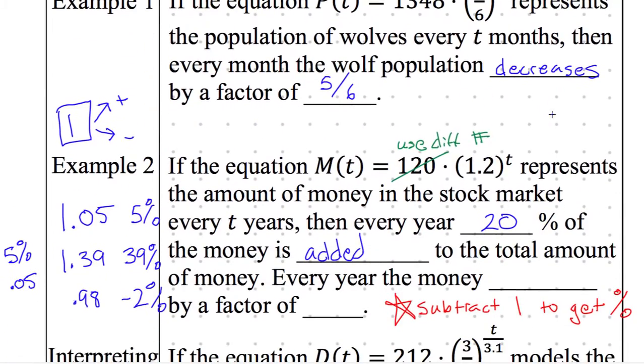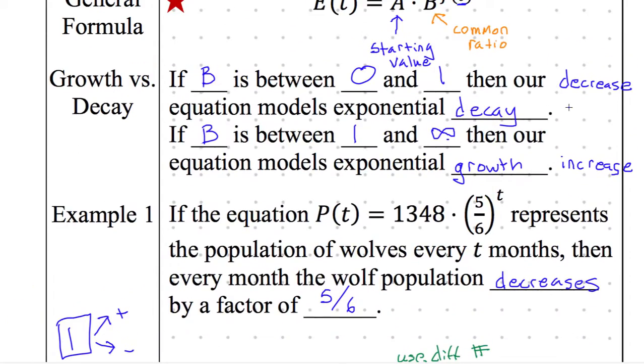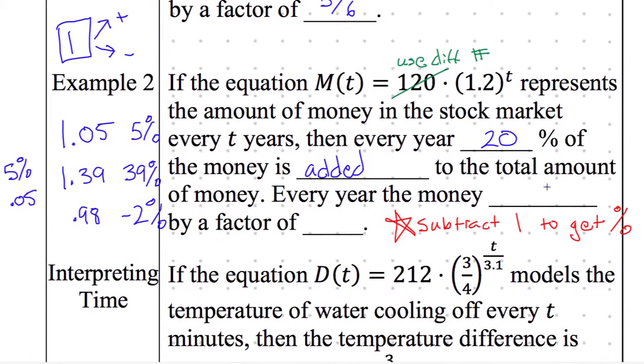That means we can come back up here and add stuff to our notes. So decrease means subtract, and increase or growth means add. All right, so this is one phrase that they can use. They can say every year 20% is added, or they can say that the money is increasing or decreasing by